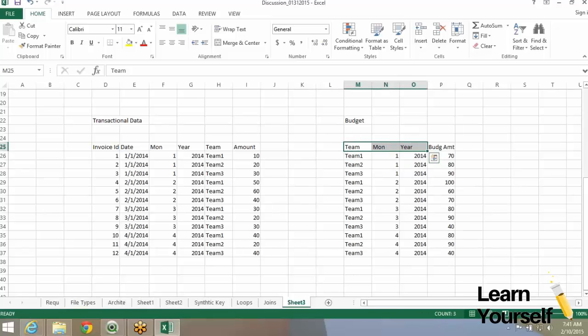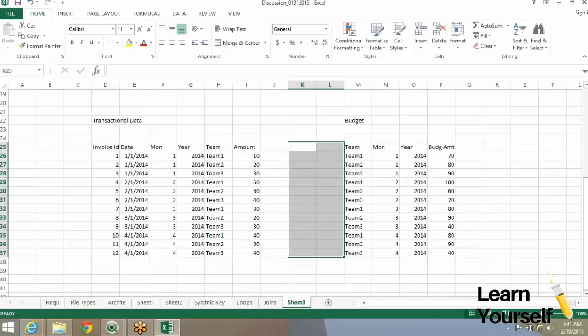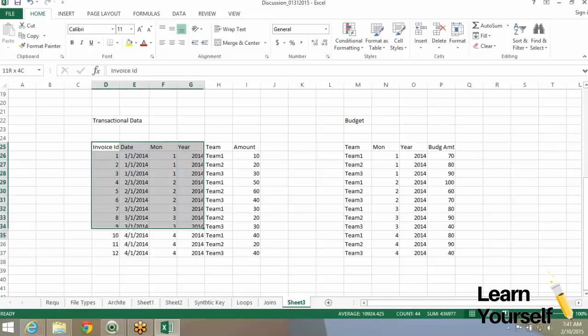So this is a typical multi-fact table. Imagine if you have a couple more columns in budget. If you have 10 or 15 other columns, which will be different attributes, which are there in the transactional table also. In the transactional table also, you have around 10 or 15 columns identical to budget. Now these 2 become 2 different fact tables. Managing them through a link table or creating a link on a composite key is a challenge. So in QlikView, what we do is,